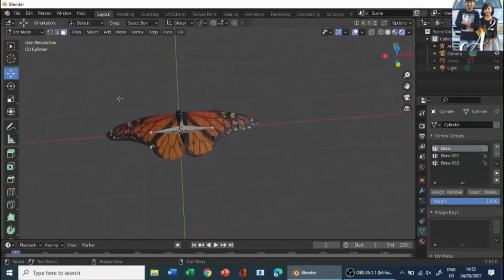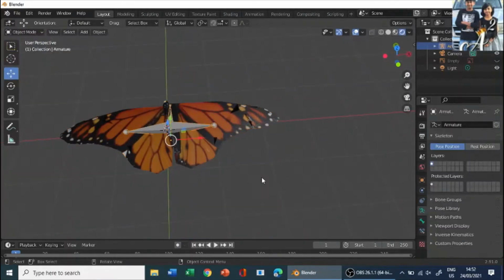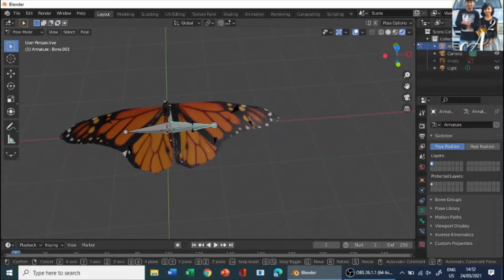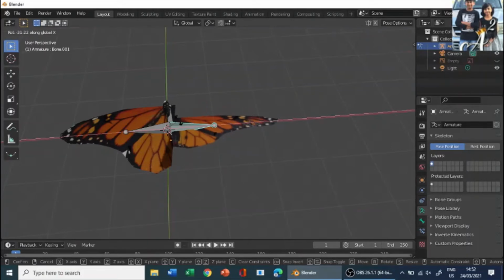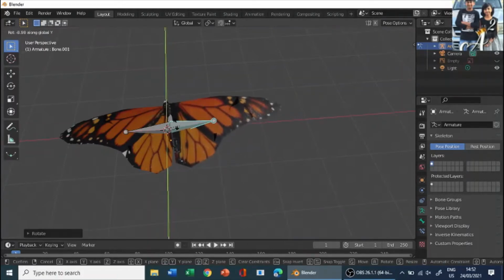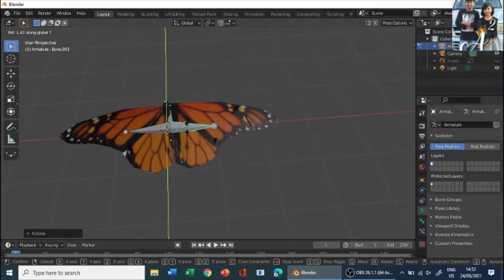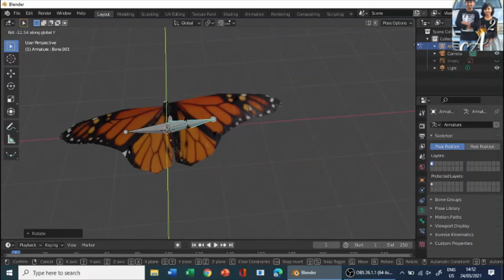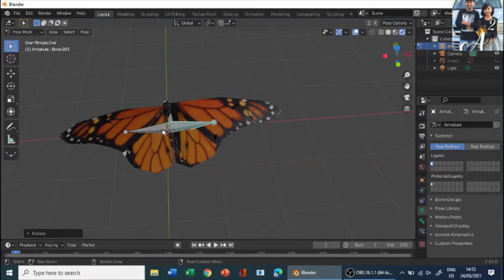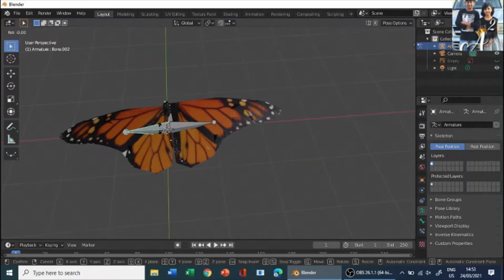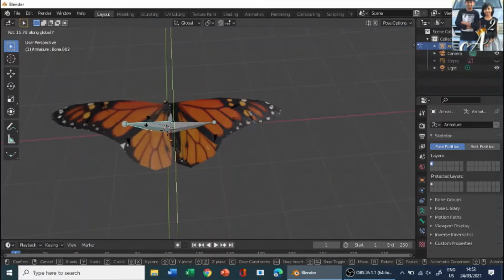After assigning all, if you go to edit mode, object mode, and click on the bones and go to pose mode, and click on a particular bone over here, and press R to rotate, R on the X axis and rotate it, no, R on the Y axis and check, R on the Y. So yep, one of the wings is moving, that's what I wanted. Let's check this wing, R on the Y axis. Yep, this is also moving.